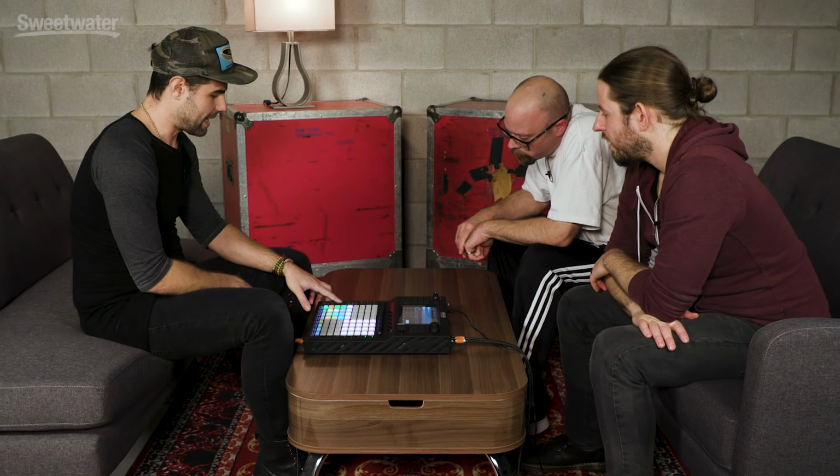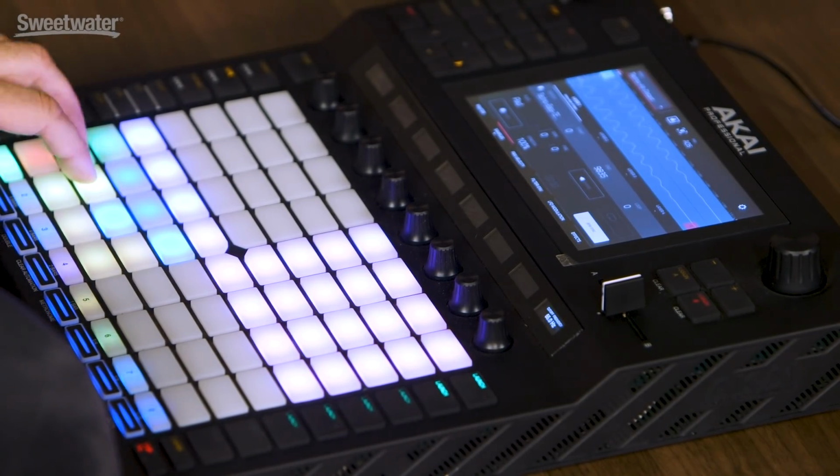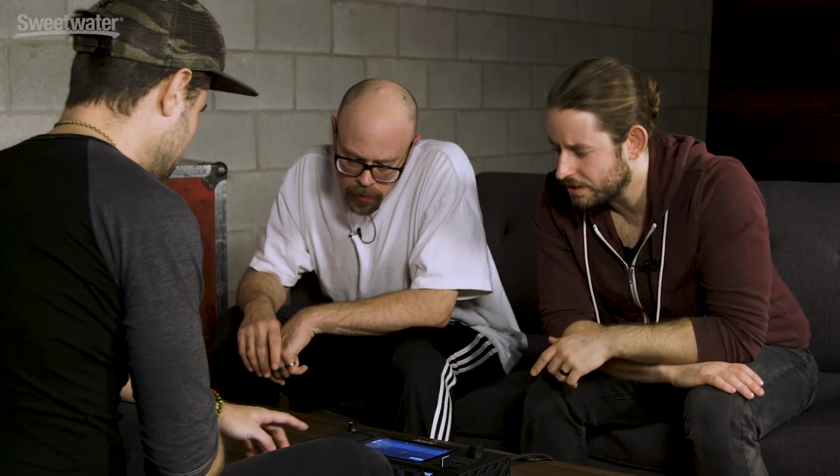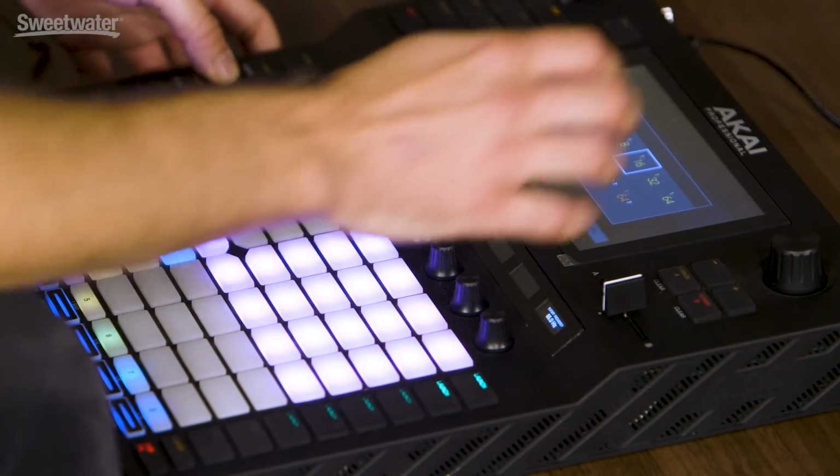So does this have the note repeat and velocity? Right? Absolutely, right? So note repeat is going to be accessed within the Arpeggiator. So if I turn on my ARP, there it is, right? Okay. Simple as that. Where's the division for that? Does that come on the screen? That comes up, if I'm in this mode, I can hold down a note and adjust it here on the screen,